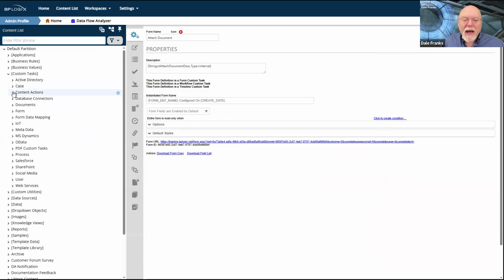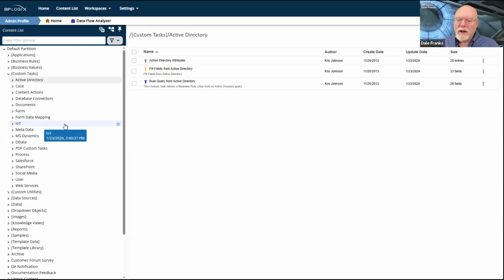The custom tasks are separated into sections by the function that they perform inside Process Director. So, if you're wanting to do something with Active Directory and you want to use a custom task to fill fields from Active Directory or whatever, there's an Active Directory section.